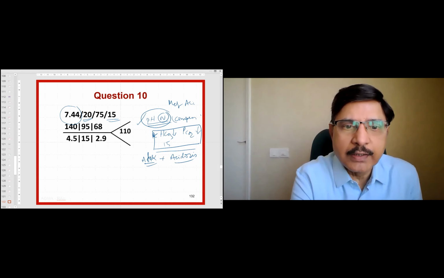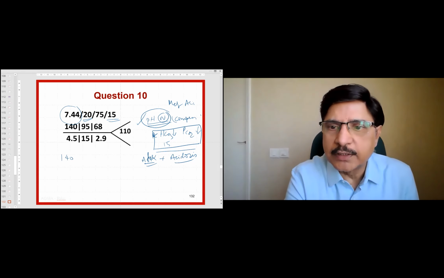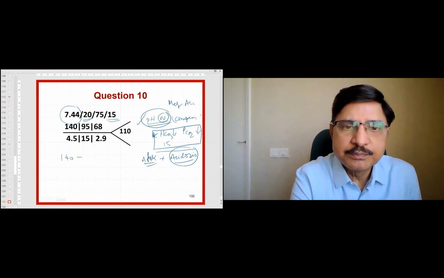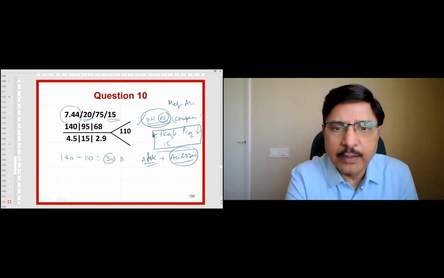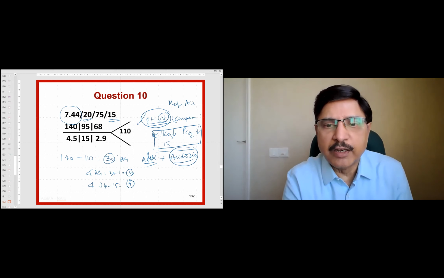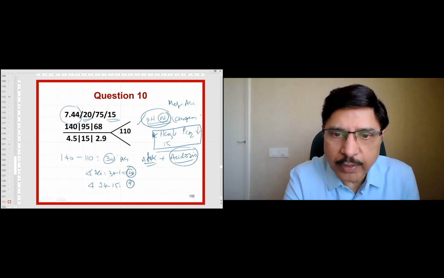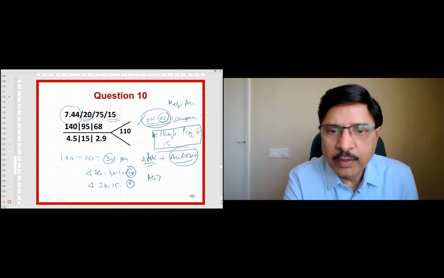So what is the anion gap here? 30, sir. Once there is acidosis, I have to do the anion gap. 110 is equal to 30. Very much elevated anion gap. My delta gap is 20. What is my delta bicarbonate? 24 minus 15 is equal to? 9, sir. So here is a condition where the anion gap change is more than the bicarbonate change.